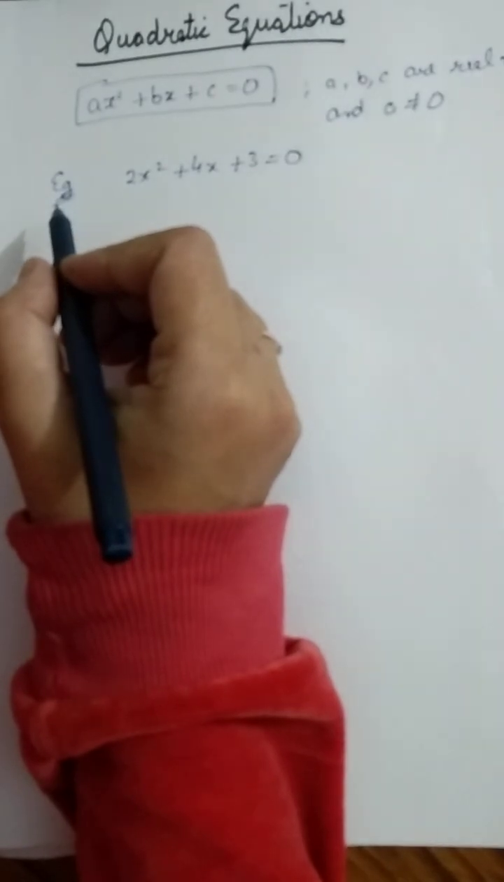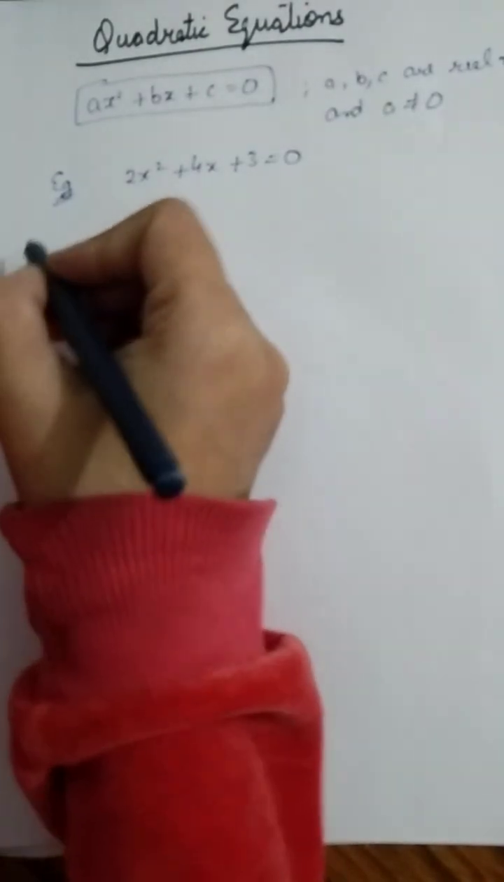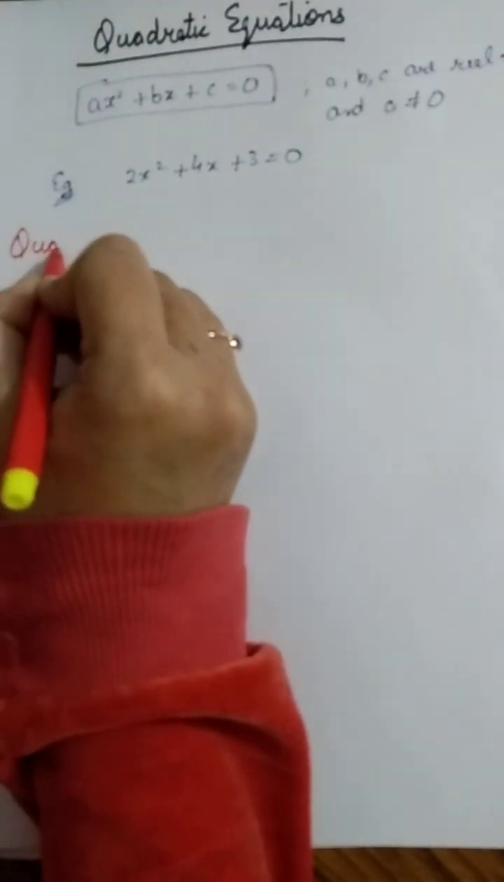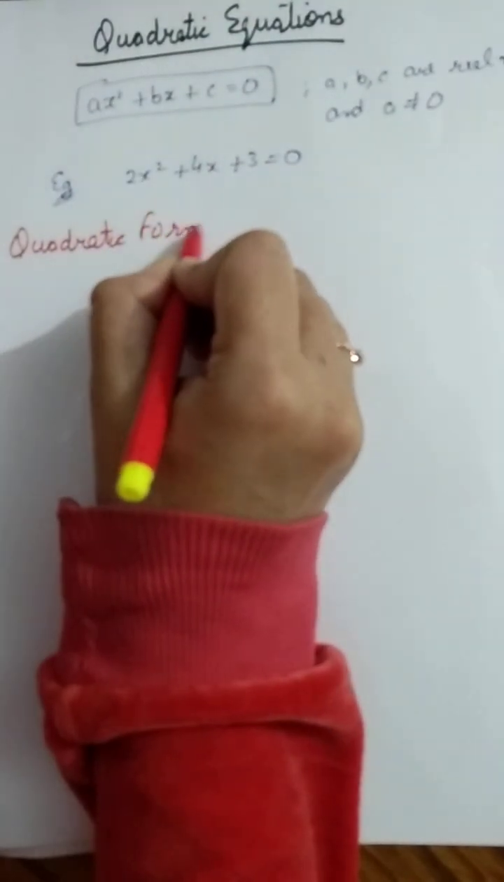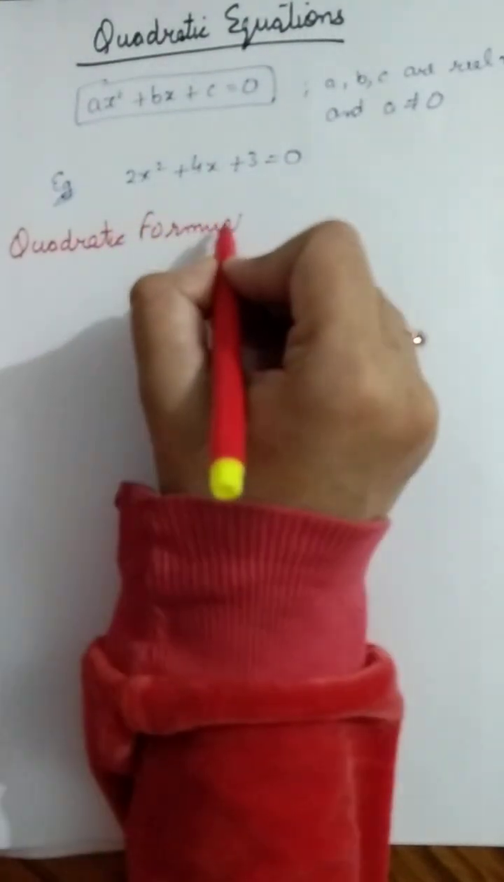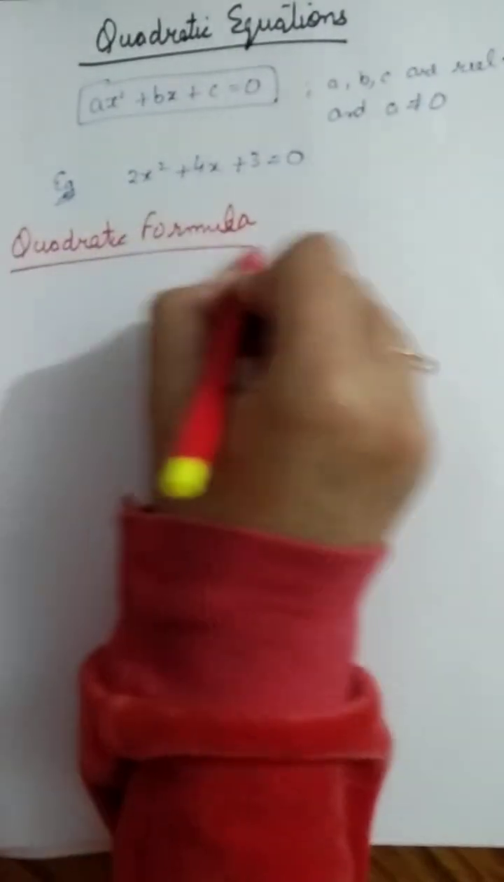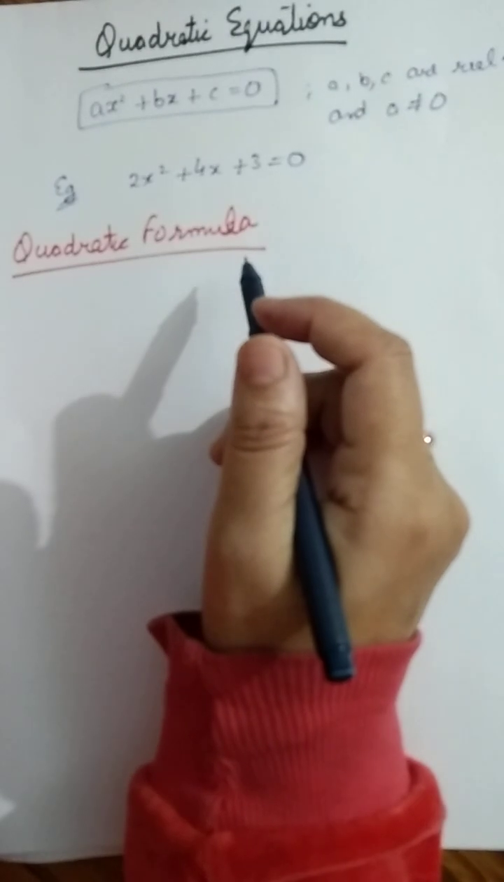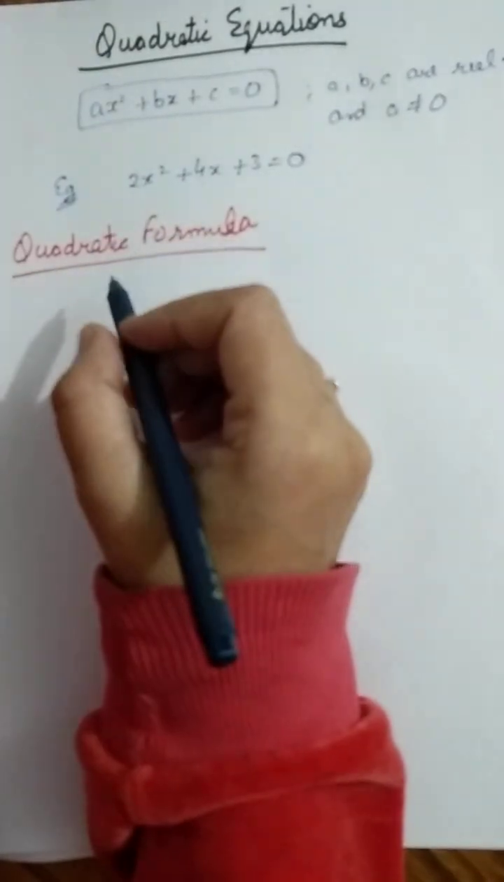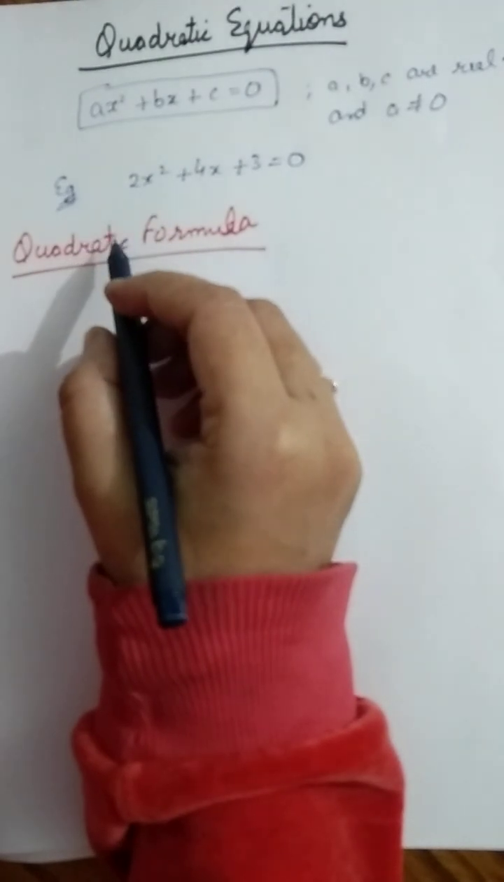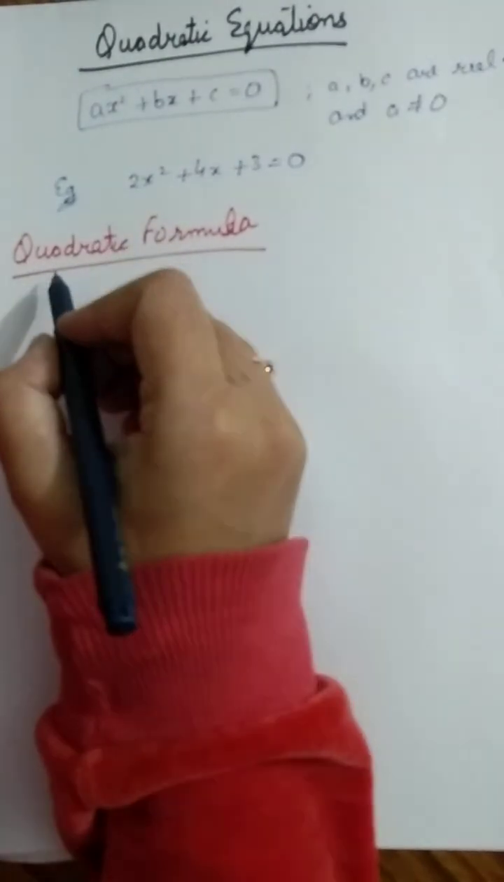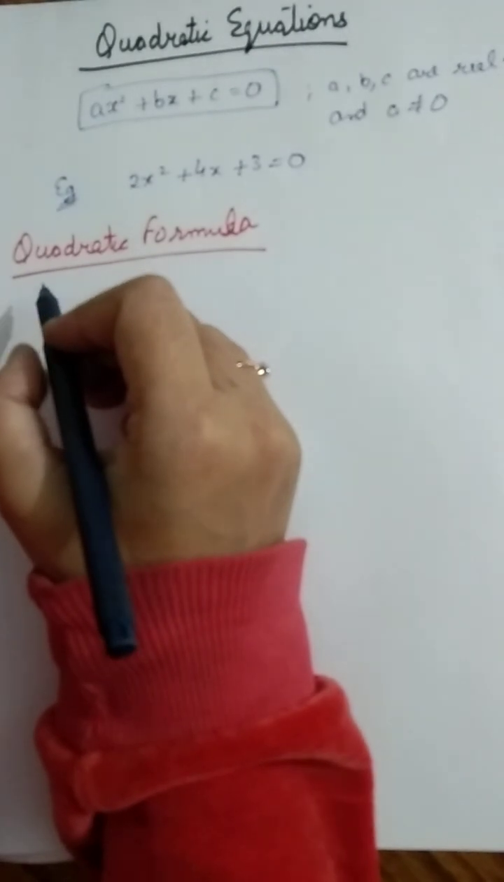Now we are going to discuss the quadratic formula. Actually, the quadratic formula is used to find the roots of the quadratic equation. Okay, now what are roots? Roots means values of the unknown variable which we are using here. Okay, now the roots of the quadratic equation are given by